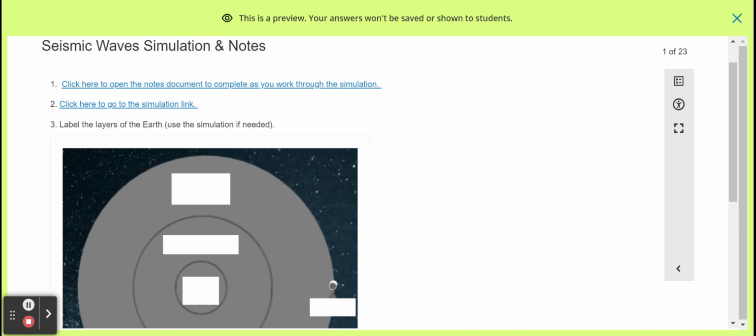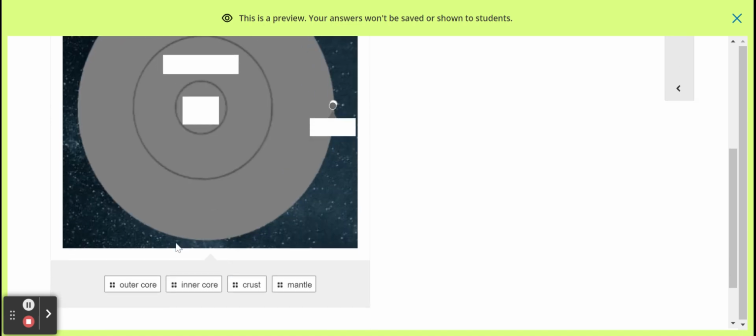We'll go back to our Polaris assignment, and it says to label the layers of the Earth. If you don't know your layers, it says to use the simulation if needed. So I'm going to go back to the simulation, and I'm going to drag this open a little bit. And notice I've got my mantle, outer core, inner core. My crust is actually out here on the surface. So I can drag this back around,